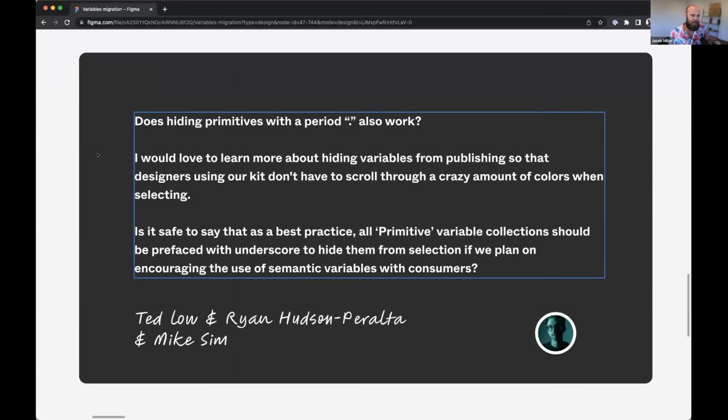The first one that we have is, does hiding primitives with a period also work? And also an additional question about scoping. The first thing I want to touch upon here before I hand it over to Jack, because I know that